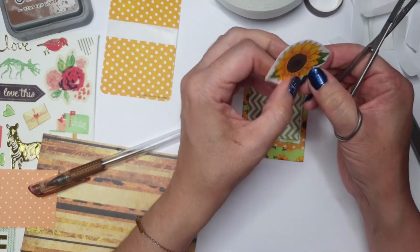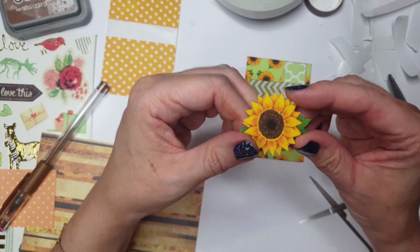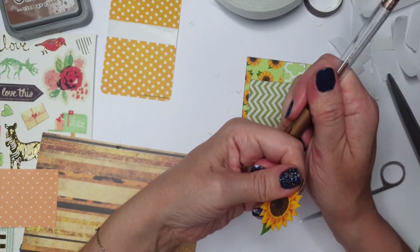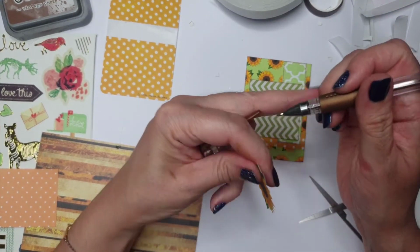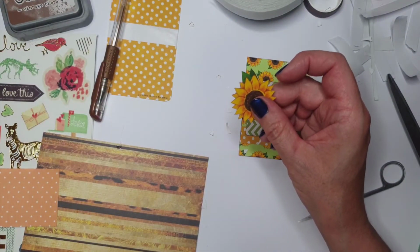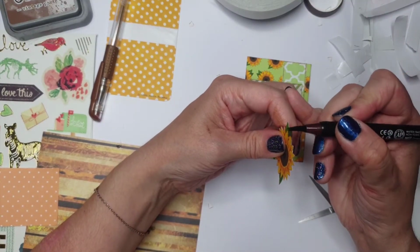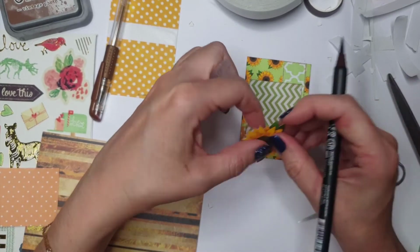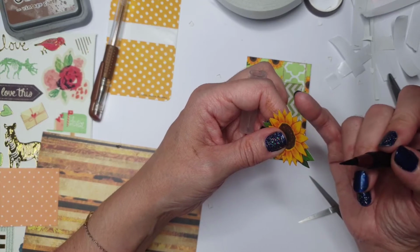It's clearly us. Yeah. Okay. So I've cut this out now. This is her little thing, and I'm going to go over the white edges with... This is probably not the best pen for this. I'm going to get a different pen. Yeah, it's not even the right colour. It doesn't matter. I'm going to go around it with brown. So, anyway. Yeah, that was our little thing. That's maybe a bit dark. Yeah. I'll go around the green leaves in this. So yeah, that was just our little strange...